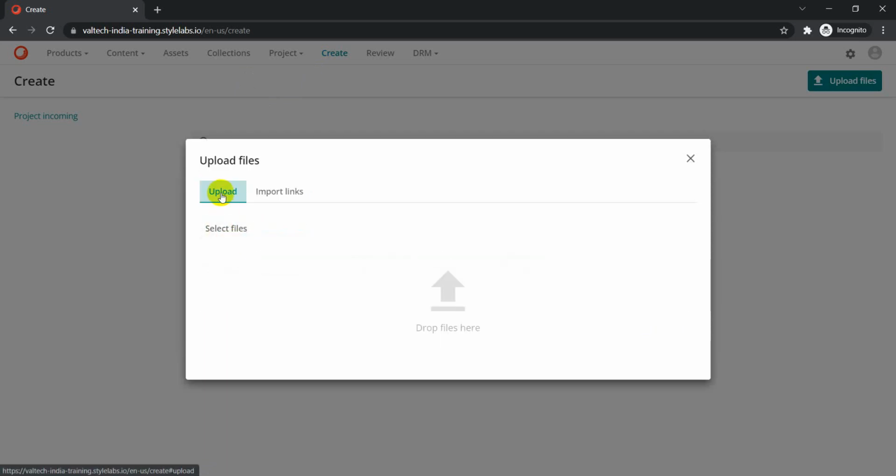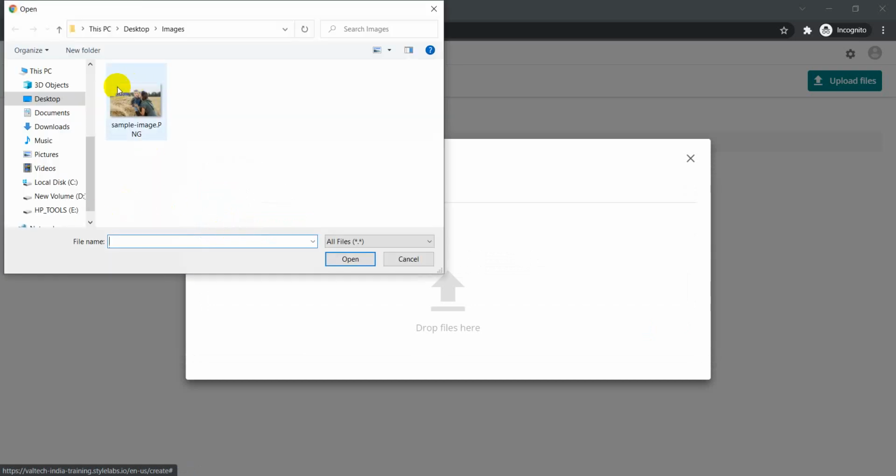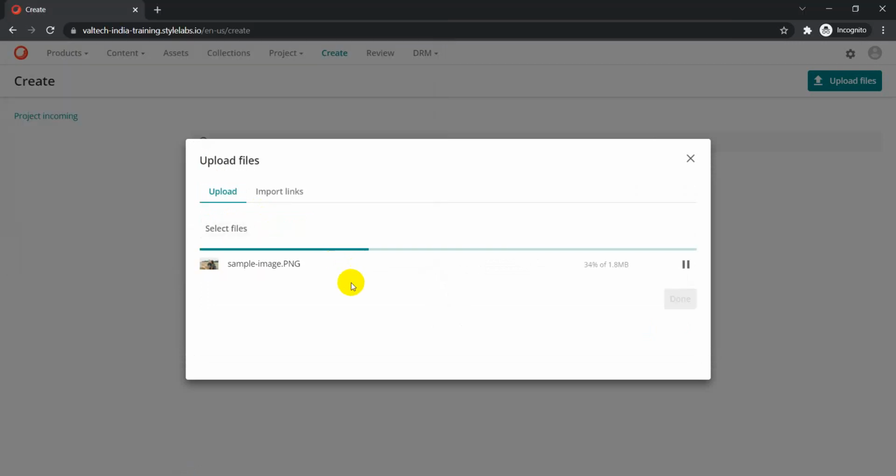So let's just try the first option. Just click on select files, and once you click on select files, see this is the first image which I have already downloaded into my system. So I just selected that image here and just click on open. So once you see, the total size of this image is 1.8 MB, and it is currently importing into the system. While this process is going on, there are other things also which are happening in the background, like rendition creation and things like that. So that's why this process basically takes somewhat of time there.